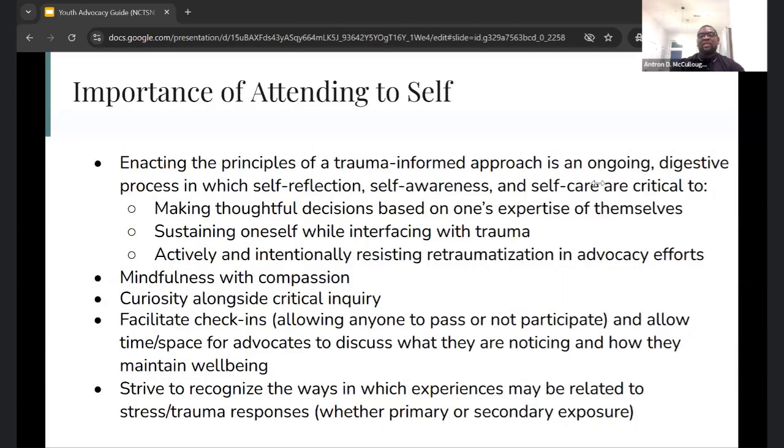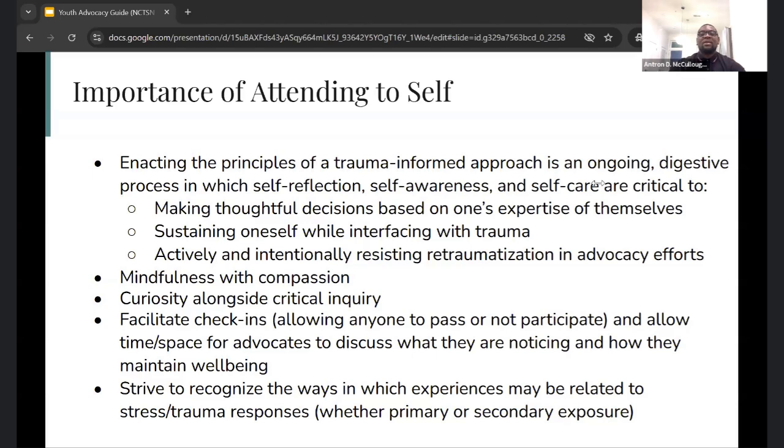Advocating can be a highly rewarding experience, especially when you see the difference you are making in individuals' lives. However, if you are constantly giving and not taking time to attend to yourself, you may be at higher risk for burnout. Burnout is a state of physical and emotional exhaustion that is often characterized by a loss of passion or a sense of detachment from your advocacy work. This is the human mind and body's natural response to stress,